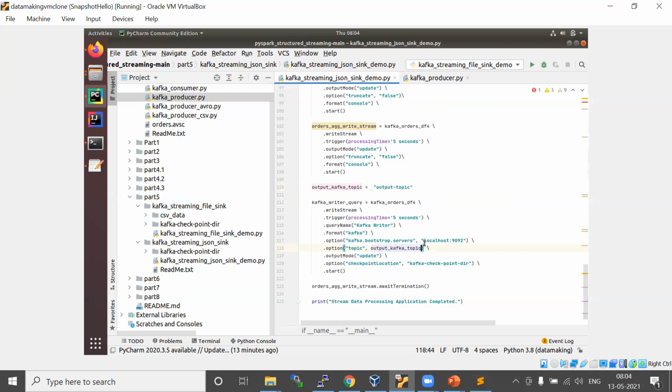Okay, same server I'm going to use. If you are using a different Kafka cluster, you can change the bootstrap server also. Okay, all these things you can do. I will just delete this earlier checkpoint directory.